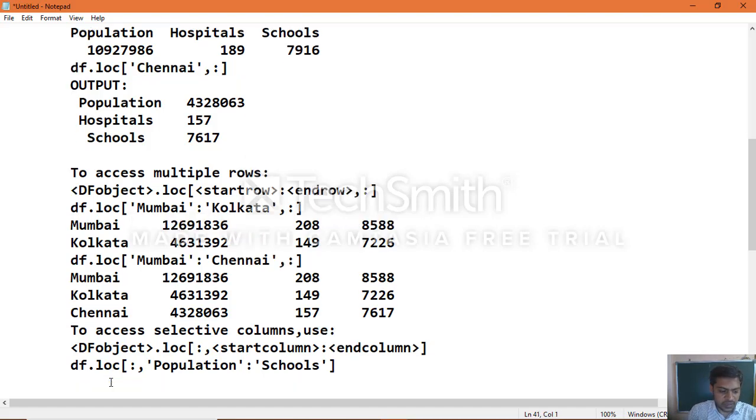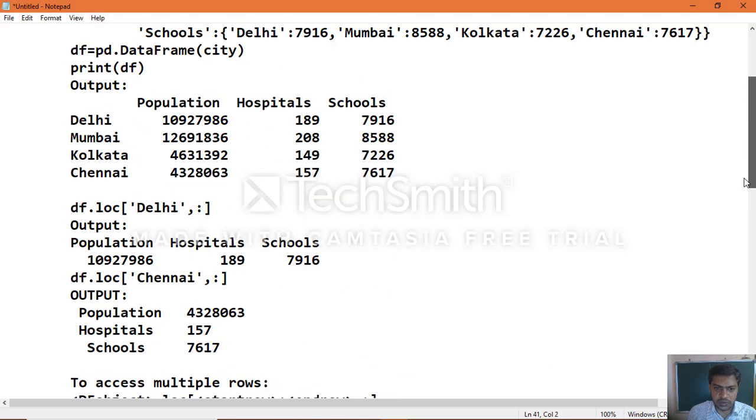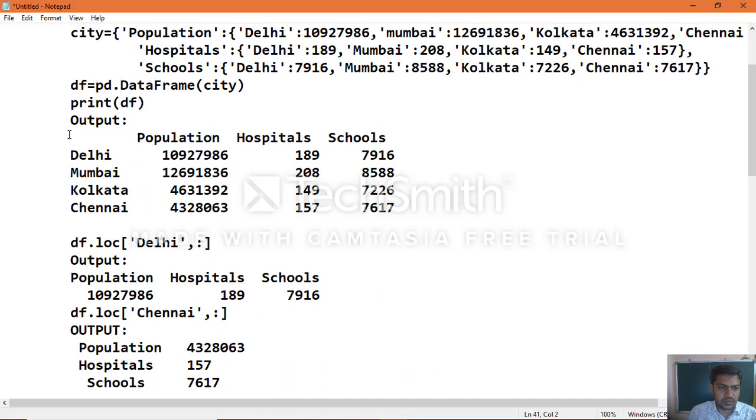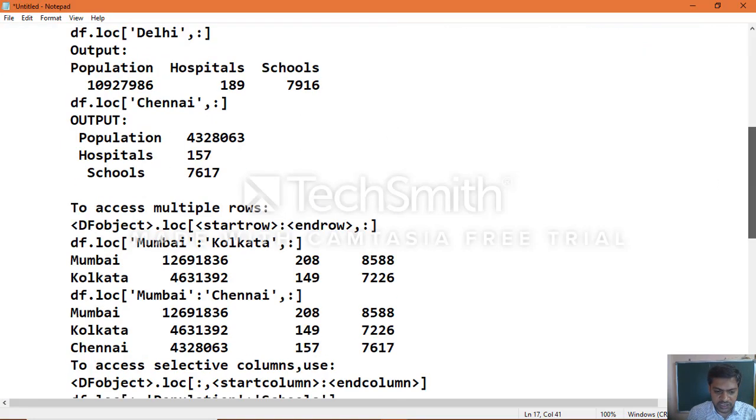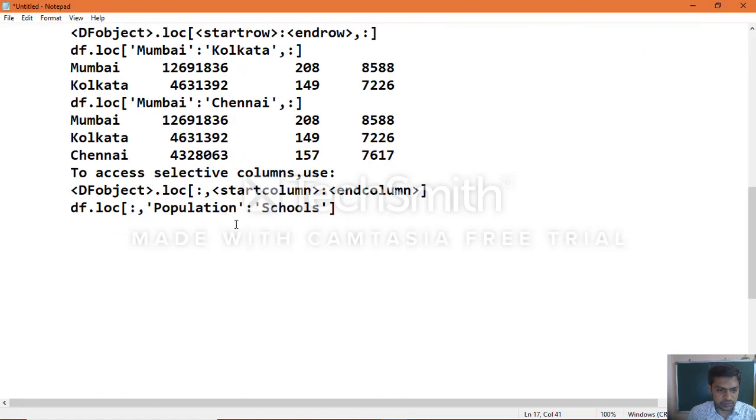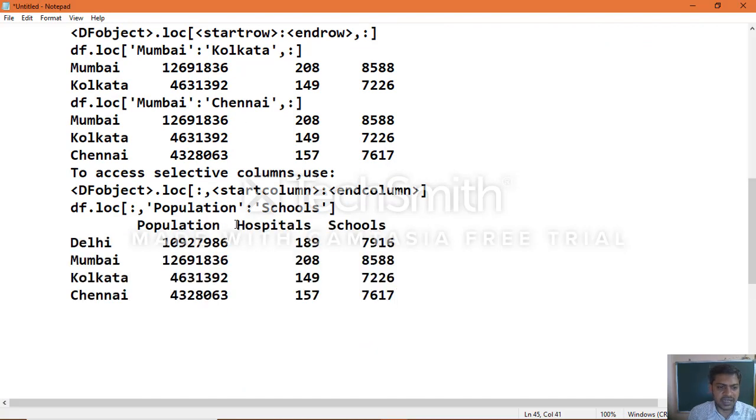For this statement, the output you will get is the complete data frame object which we specified in our example, because the start column is population and the end column is schools.